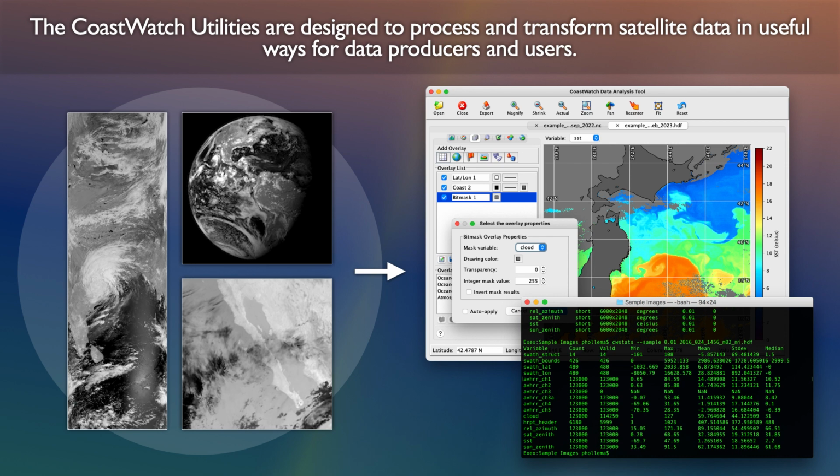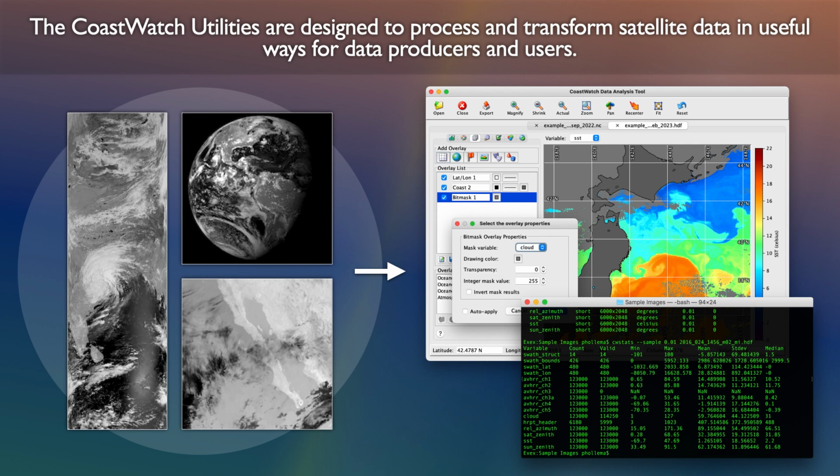The NOAA Coastwatch program distributes satellite image data either directly from data servers to your data analysis environment such as R, Python, or ArcGIS, or in data file formats that aren't recognized by most image viewers. The Coastwatch Utilities is a package of software for viewing and processing those data files with some features that are specific to satellite image data. The software can also be used by data providers to process data prior to distribution on a data server.